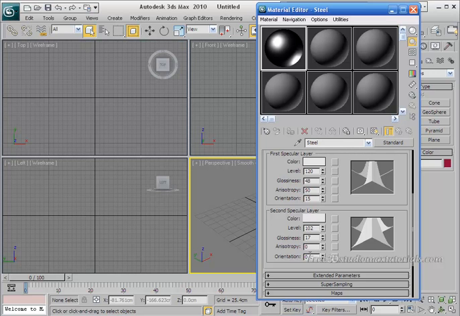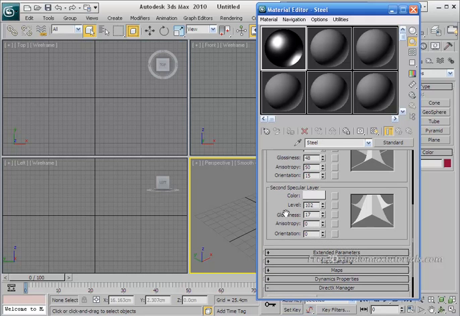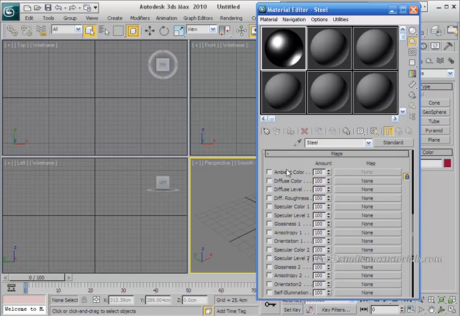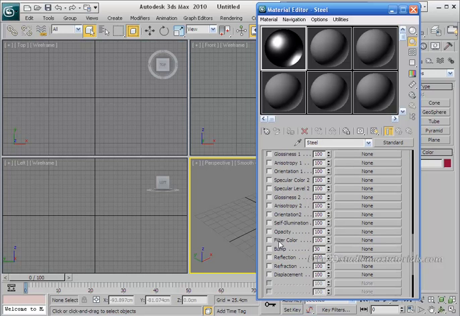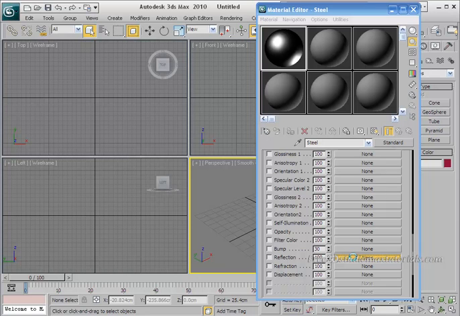Now let's concentrate on the main element of every kind of metal material, reflection. To do that, scroll down to the maps section and click on the reflection map slot. Scroll down to the maps, click on this little plus icon and a bunch of options will open. Now choose reflection, and you can find reflection just down here. Choose the reflection slot, click on this none button